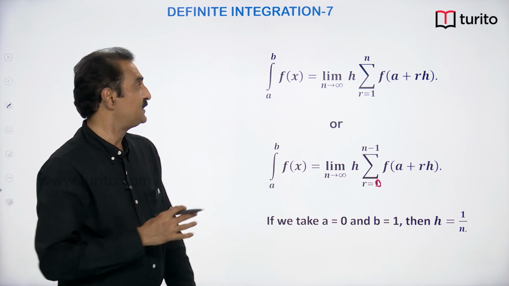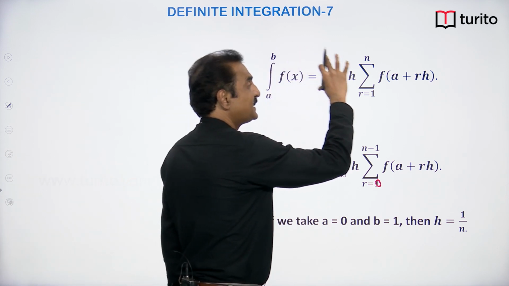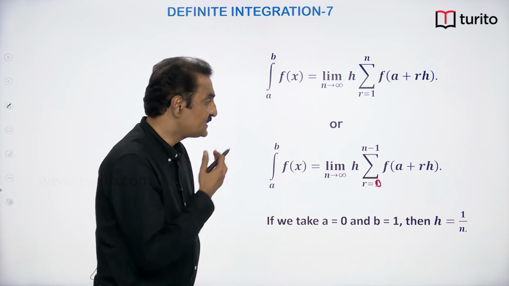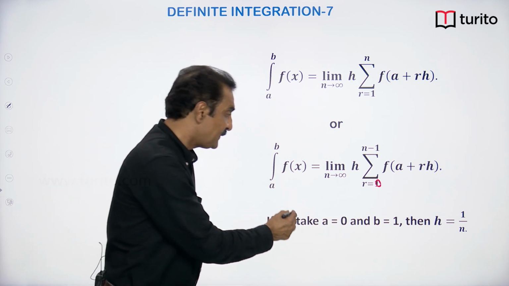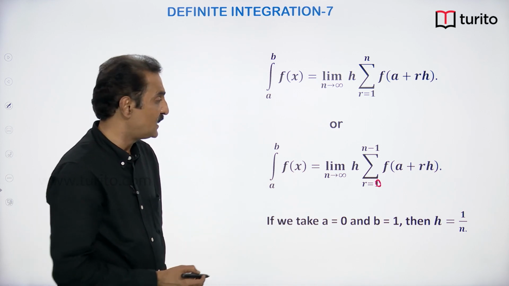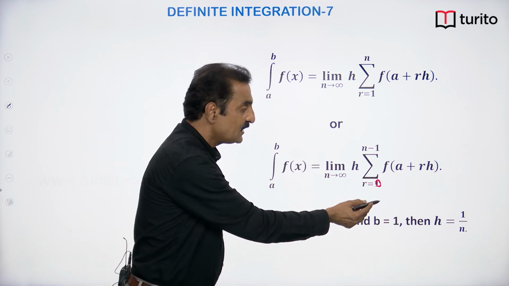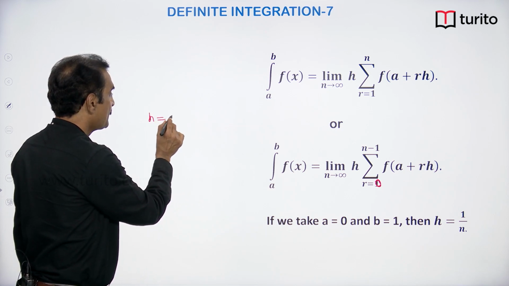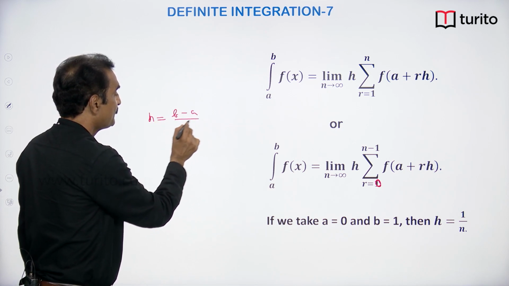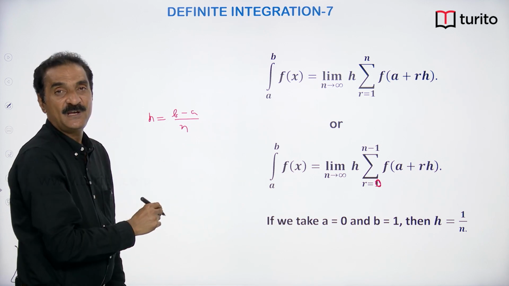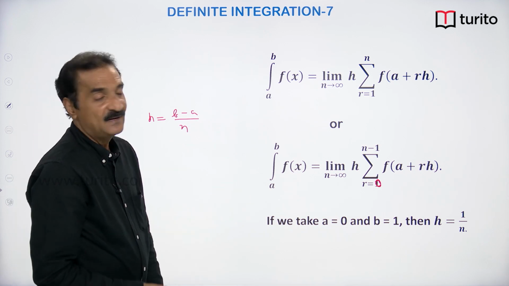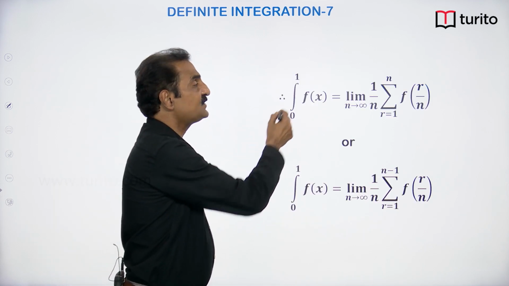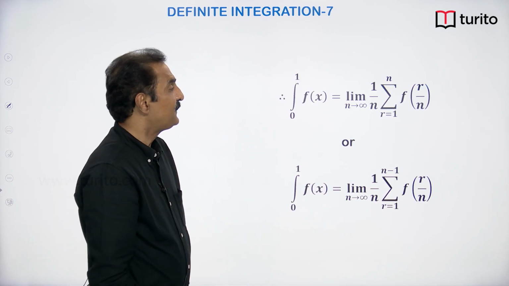Now, we can find out the value of a definite integral by expressing it as a limit of a sum like this. In this result, if you take a equal to 0 and b equal to 1, then h will be 1 by n. h is (b minus a) by n. If a is 0 and b is 1, h will be 1 by n. Then what happens to this result? You will get the integral from 0 to 1 of f of x